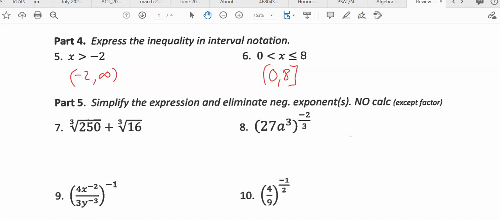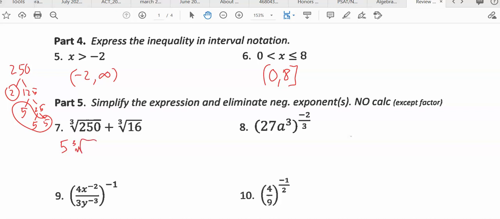Okay, so 250. So off to the side, you want to do a prime factorization of 250 or use your factor command on your calculator. So it looks like I have 3 5s and a 2 there. So that's helpful that I have 3 of something. I'm looking for 3 of anything. I have 3 5s. So the 5 is going to come out, but the 2 is left over inside of there